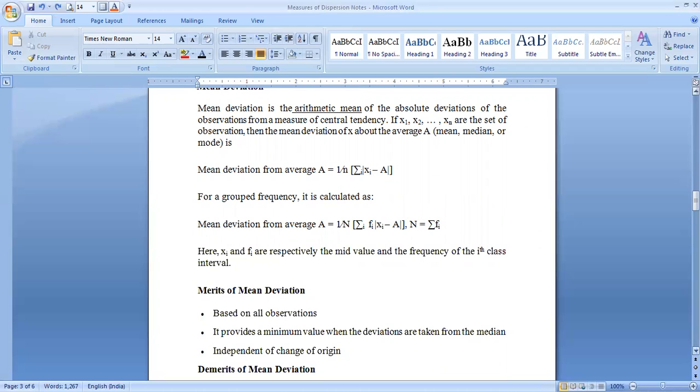So next we are taking the merit and demerit parts of the mean deviation. We are discussing the 3 points of merit for the mean deviation. The points are based on all observations. So mean deviation depends on all observations, and it provides a minimum value when the deviations are taken from the median. So the very important point this one is that it will give